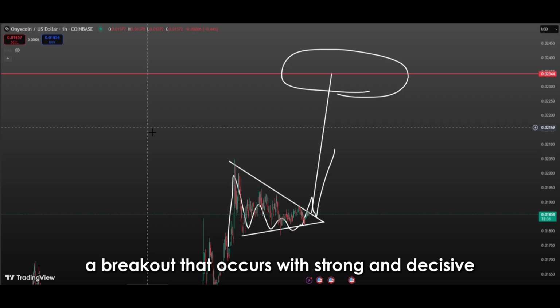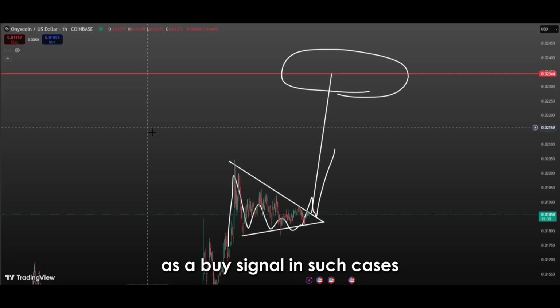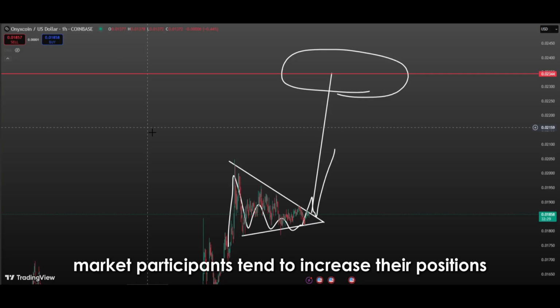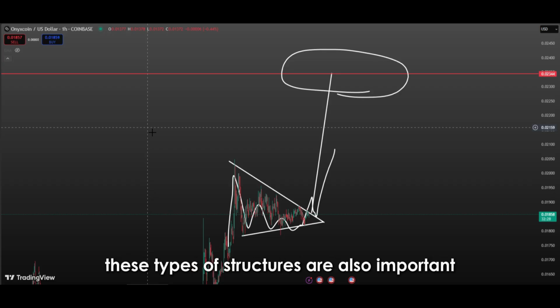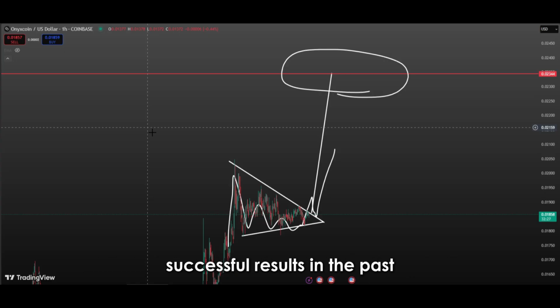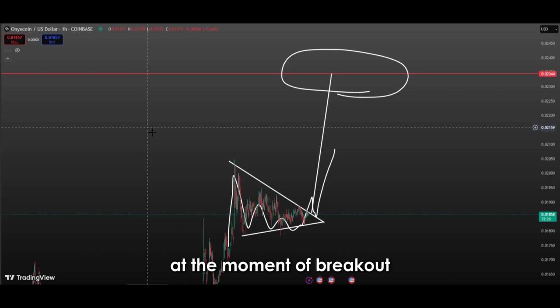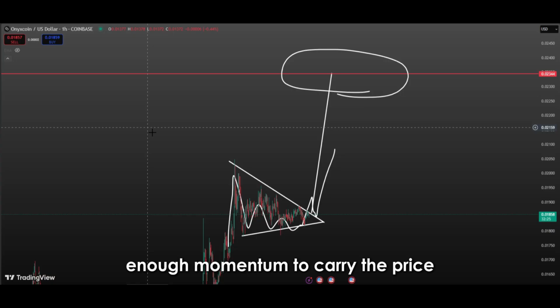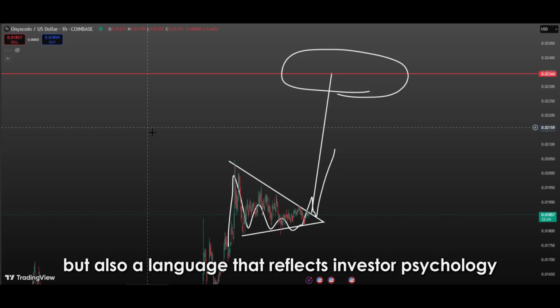A breakout that occurs with strong and decisive volume is interpreted by many technical traders as a buy signal. In such cases, market participants tend to increase their positions, which can trigger the price to move rapidly toward the target. Psychologically, these types of structures are also important because when investors have seen similar setups produce successful results in the past, they tend to approach new similar patterns with confidence. This collective mindset can lead to buying surges at the moment of breakout, and these surges can create enough momentum to carry the price toward the formation's targets. This is why technical analysis is not just about lines, but also a language that reflects investor psychology on the